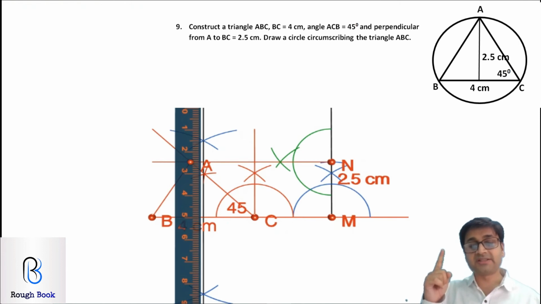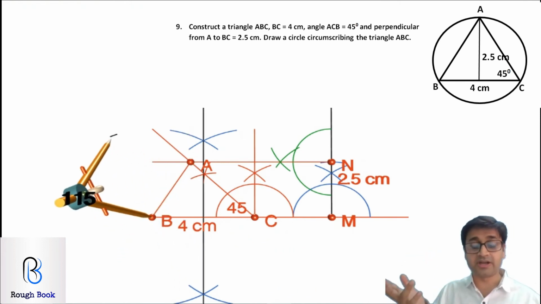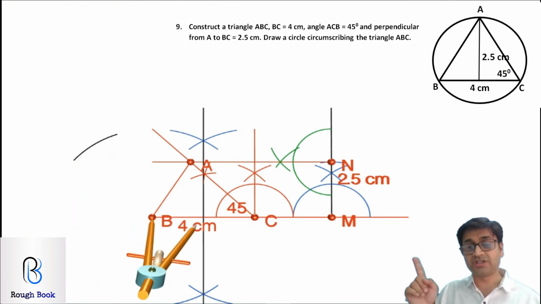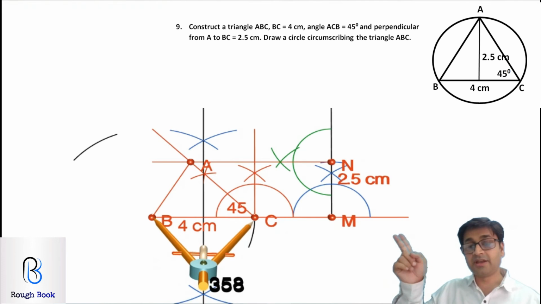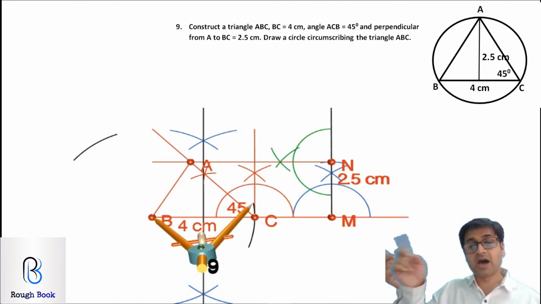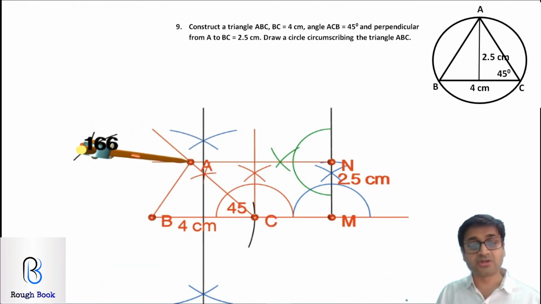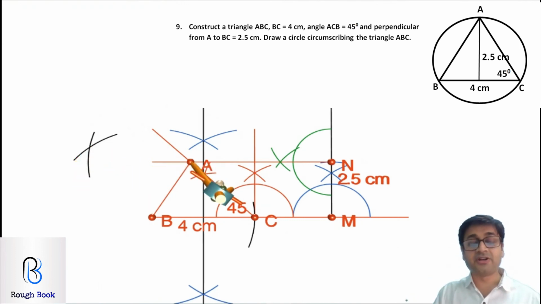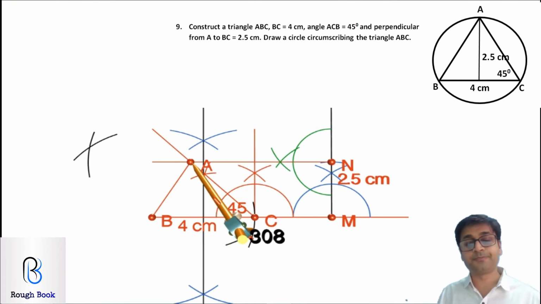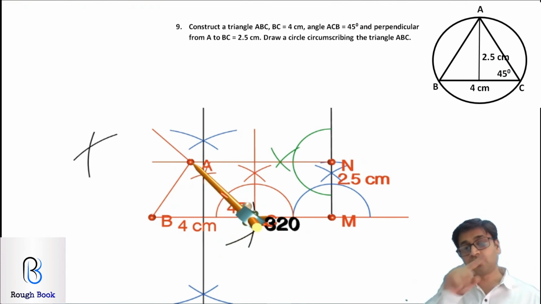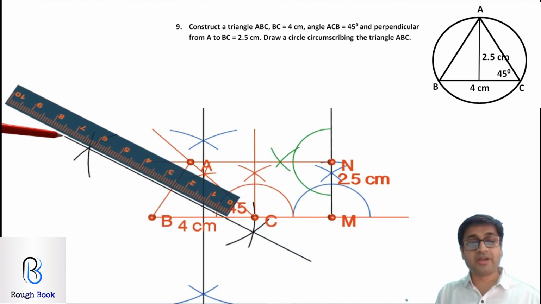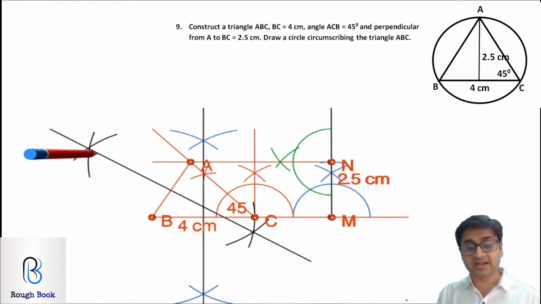Get one more side bisector, either of AC or BC or AB, anything is fine. So AB I'm taking, arc on top and down without changing the radius. So there you go, down. Then again from point A up over there, arcs on top and down. So I have changed the colors of the arcs. You're not supposed to take different pencil colors, only one pencil. I have done it so that it is easily identifiable for you. Once these arcs are drawn, join them. You get your second side bisector. Wherever the two side bisectors intersect, this point, name it as point O.